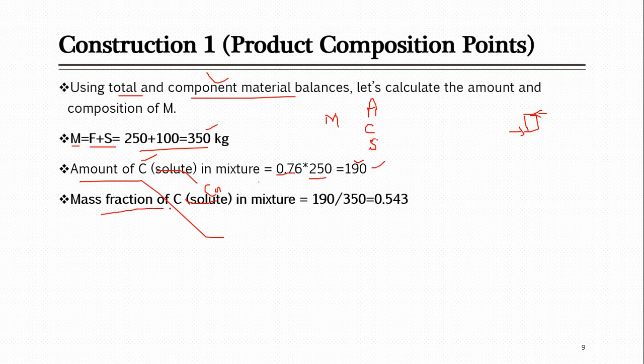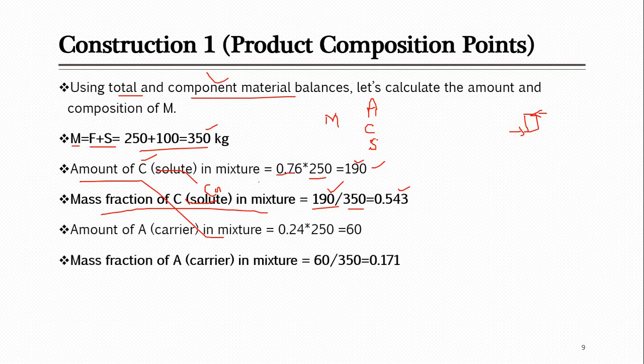And then you have to find its mass fraction. In order to find the mass fraction, you just divide the mass of the one component for which you are looking, by the total mass of the system. So you will get 0.543, and I think this is again straightforward stoichiometry, so you can use it for calculation of the other components.